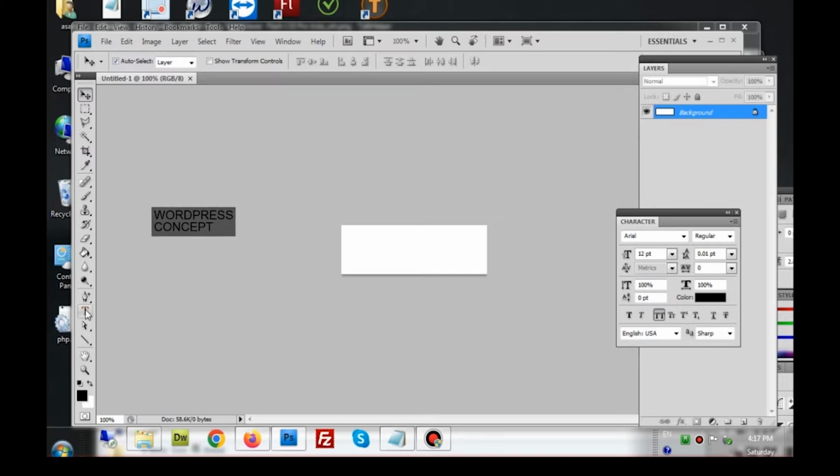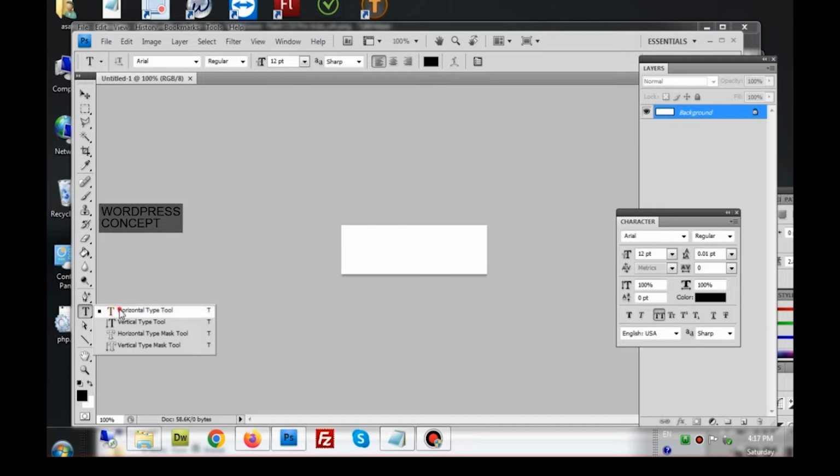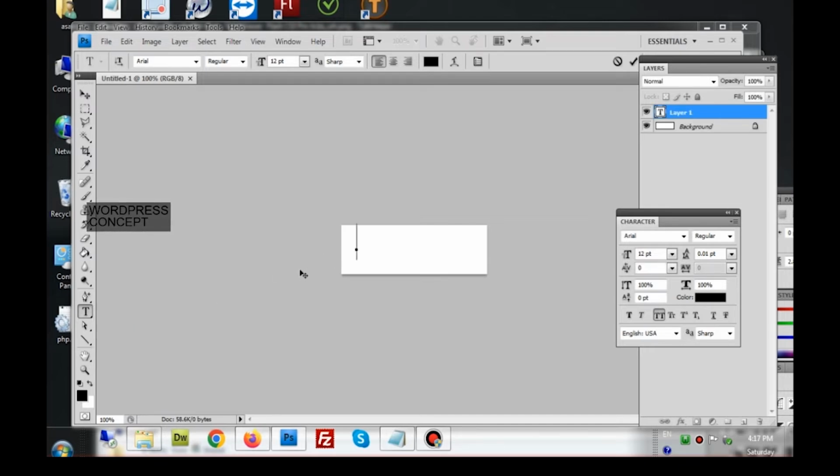Now we just need a very basic knowledge of Photoshop to make a logo. So to create a logo, we'll click on this T. This is the tool to write down text. So I'll click on T and pick this first T, and I'll paste it here.